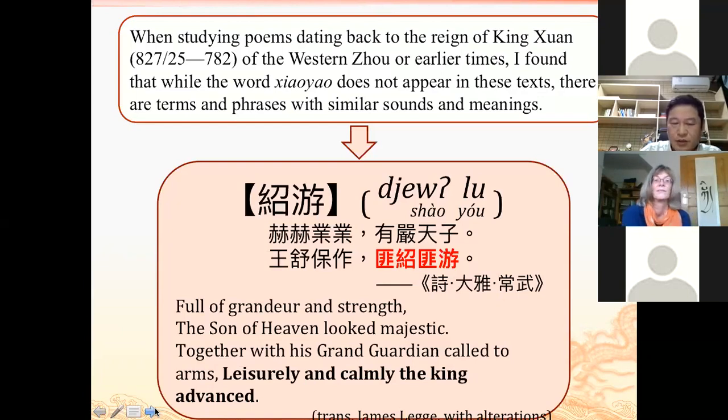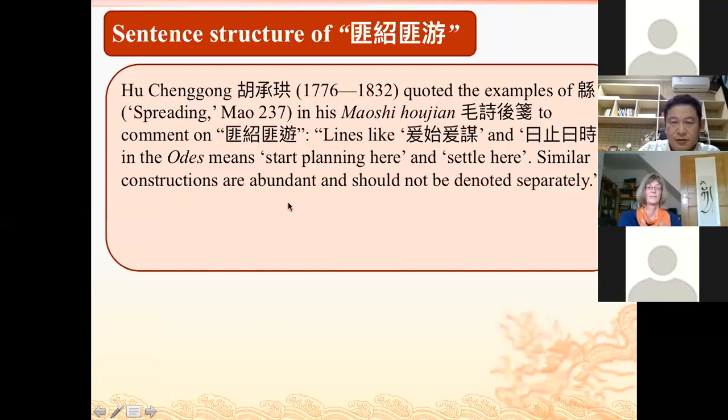Traditional commentators and modern commentators, modern students of the Book of Songs, have provided various meanings and interpretations of this line. But actually, the character fei here is a particle. It's a conjunction-like particle, but it doesn't carry any meaning. And shao and yu is actually one term. This is very common in the Book of Songs, in the poems of the Book of